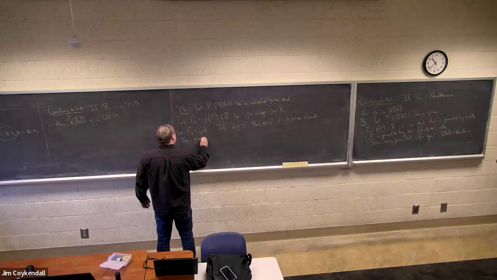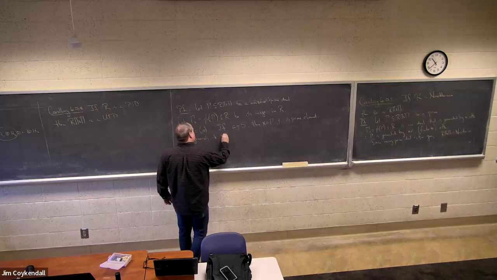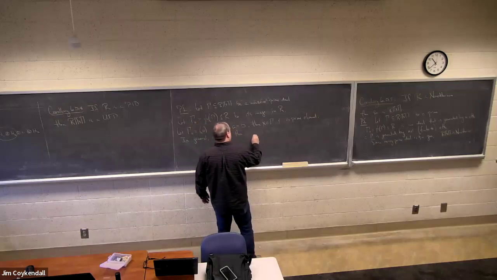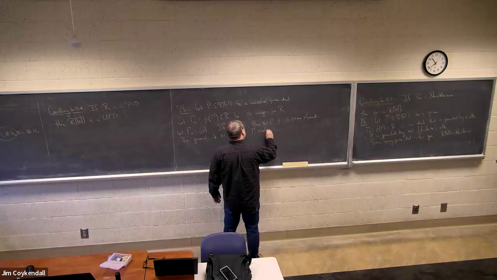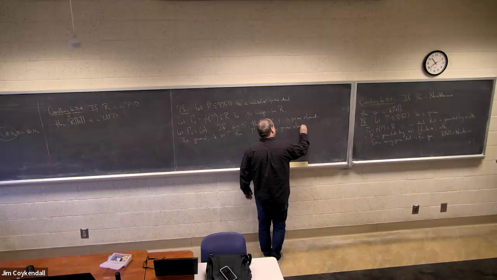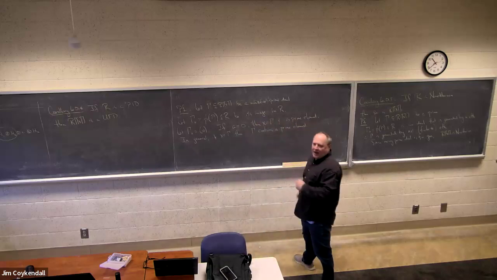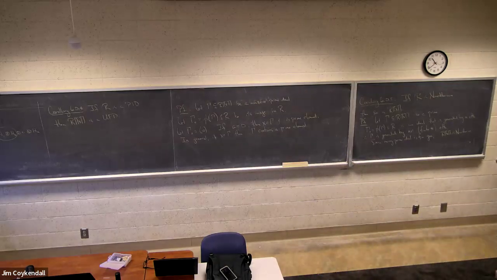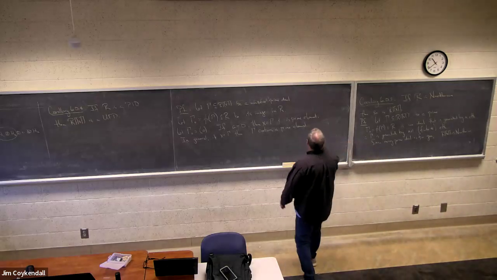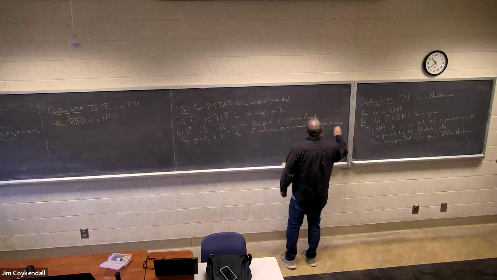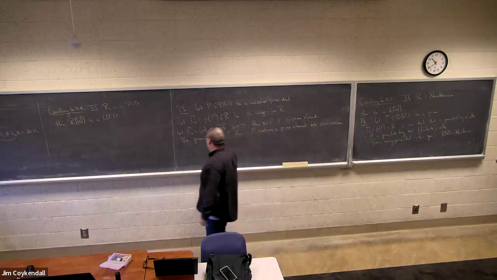In general, not just in this case when A happens to be zero, but in general, if X is in gamma, then it contains a prime element. So we can assume that